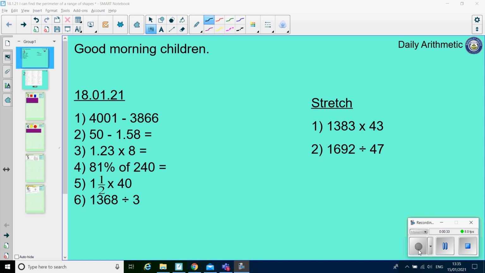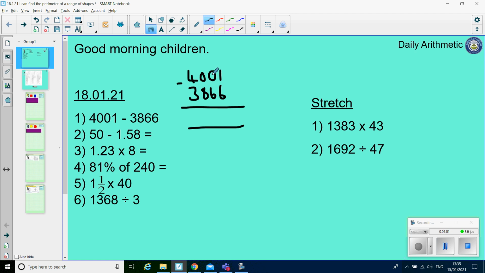Okay, hopefully you've had a chance to try these questions. Question 1 then is a column subtraction. So you would just need to make sure that you lined your digits up in the correct columns. First of all, you would start with the ones column and you would ask yourself, what is 1 take away 6? Well, if I've only got one thing, I can't take away 6 from it, so I'm going to need